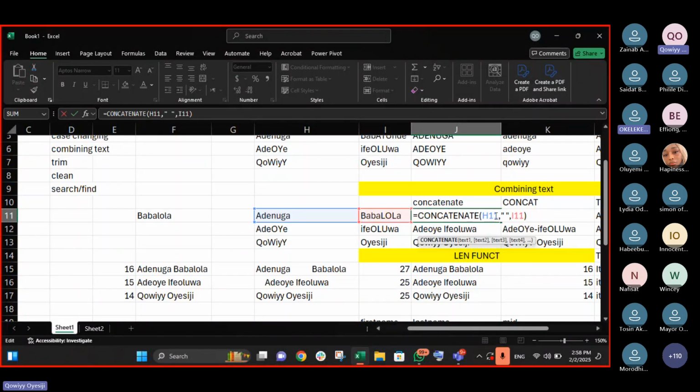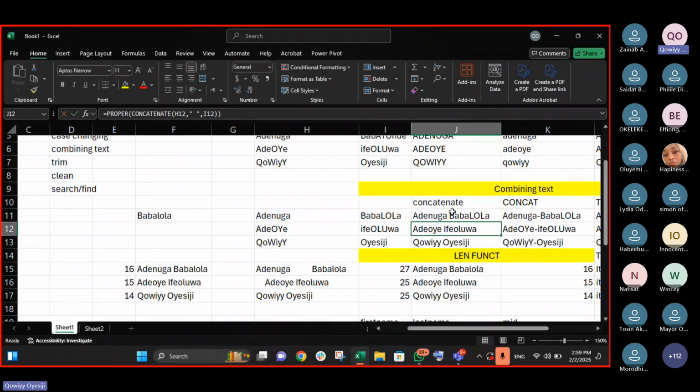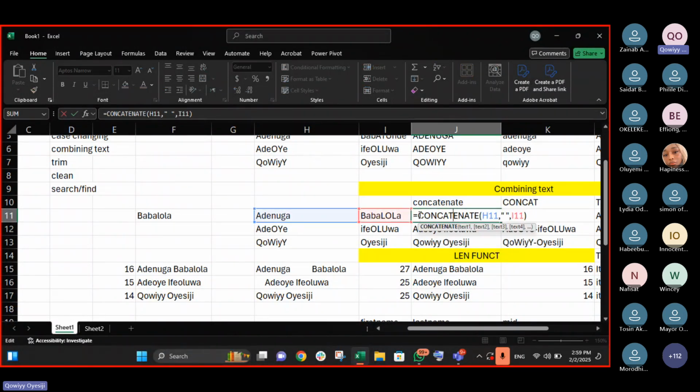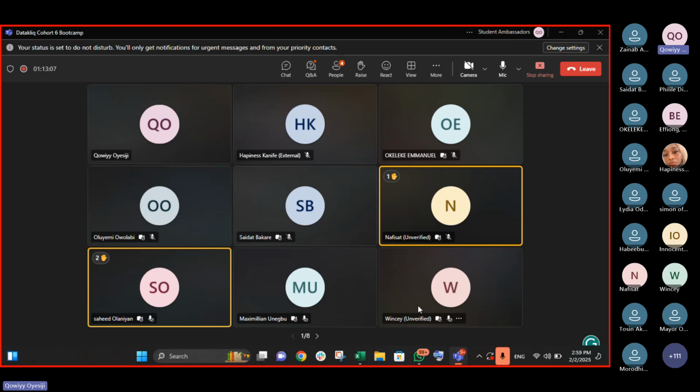Ordinarily, it has no order. But the only reason why we prefer to use proper here is because we are combining more than one cell, and proper can only take one cell at a time. So after combining everything with concatenate, everything we have here becomes the value of just one cell. After this has converted different cells to just one cell, it now makes sense to use proper. Please, do you get it? Do you get it now, Mr. Emmanuel?